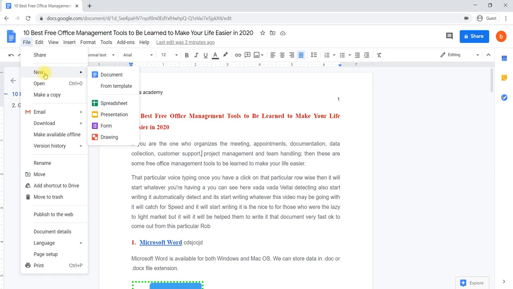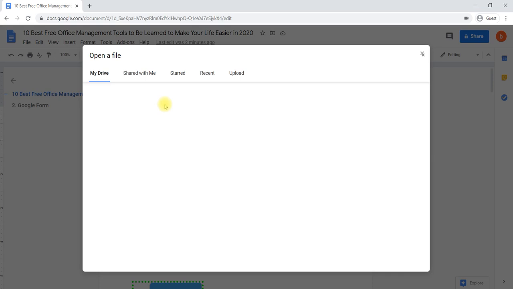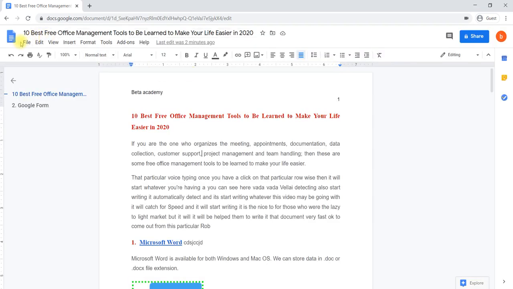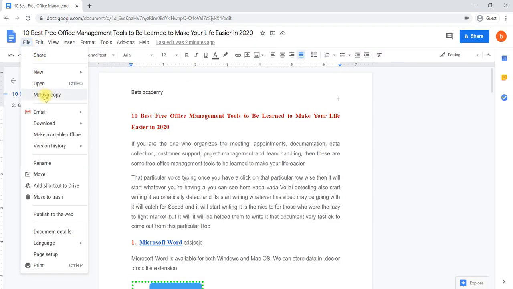And you can create a new document by going to File. You can create a new document from here itself. Okay, one more document, or you can select creating a document from a template also. Open is nothing but, if it is an already created document you would like to open, you can say Open, and you can select which document you would like to open from your Drive. And next it comes to Make a copy. Okay, Make a copy is nothing but if you would like to create the same document one more time. Okay, that is nothing but Make a copy.